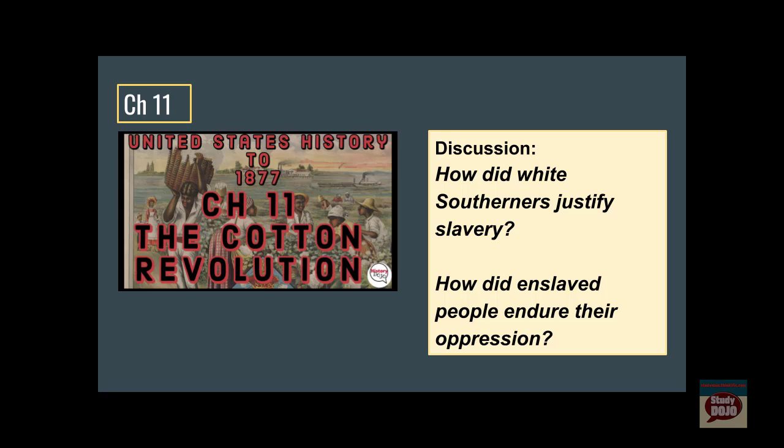The first being they would use the Bible, right? Remember, this is the Second Great Awakening, and the Bible is a very strong influence in everyone's life, especially Southerners. And they would point to the presence of slavery in the Bible and passages justifying slavery in the Bible as a way to defend their own use of slavery. This is offensive by today's standards, and it was even offensive by standards at that time. But it is an example of how the Bible has been used throughout American history to justify oppression against others, particularly minorities in American society.